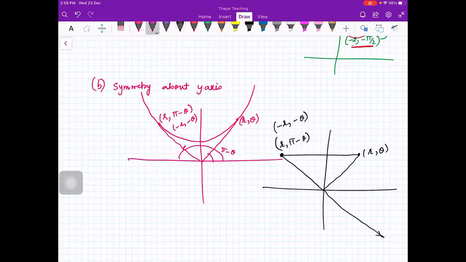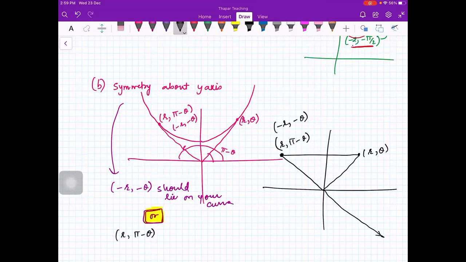So you will check for symmetry about y-axis: minus r comma minus theta should lie on your curve, or r comma pi minus theta lies on the curve. You have to remember that we have to check or, not and. Is that clear? I will give you examples later on. Let me just tell you about the symmetries. The next symmetry is